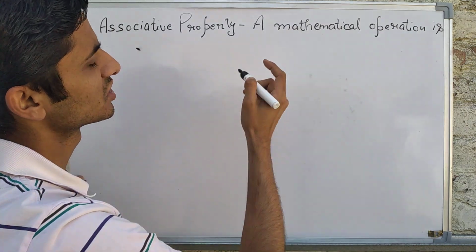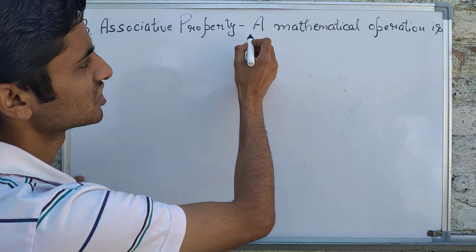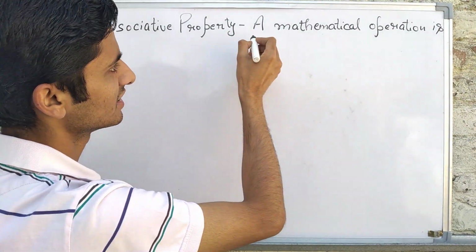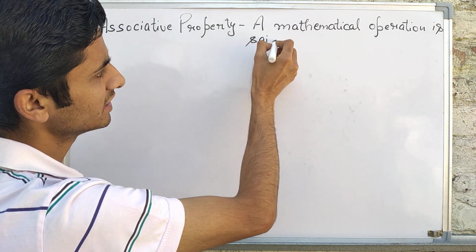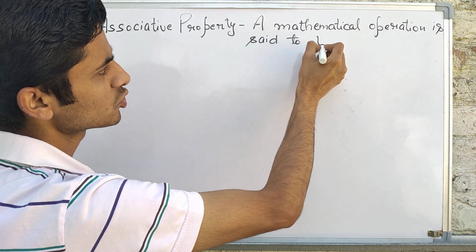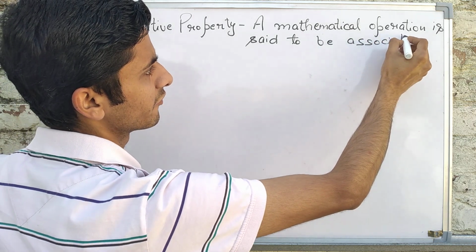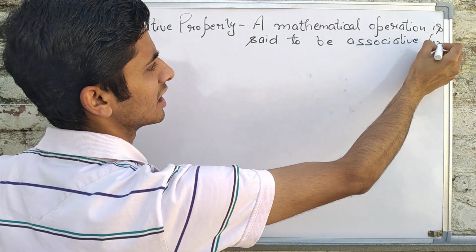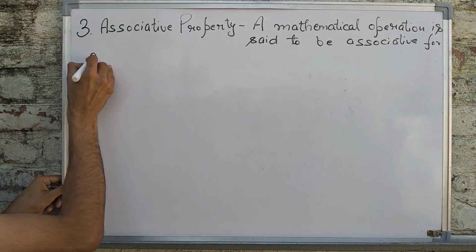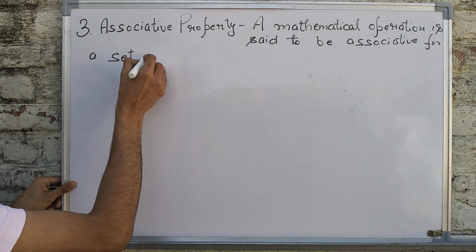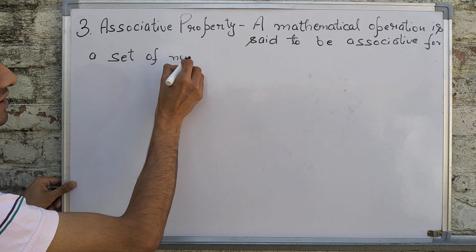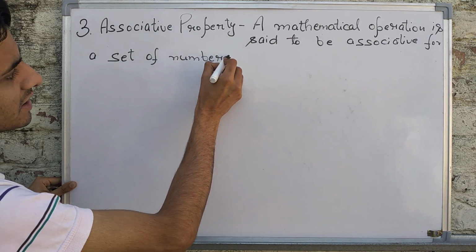Addition, subtraction, multiplication, division. A mathematical operation is said to be associative for a set of numbers if